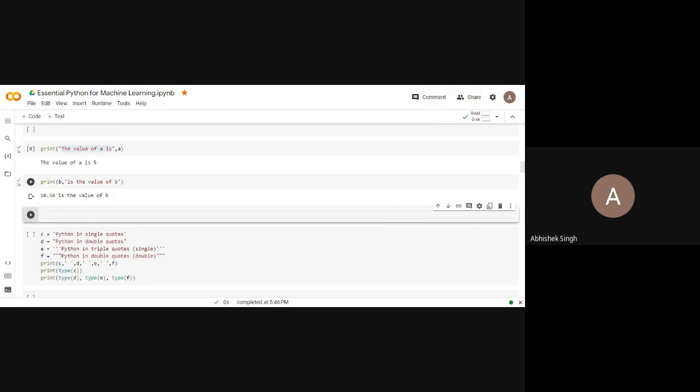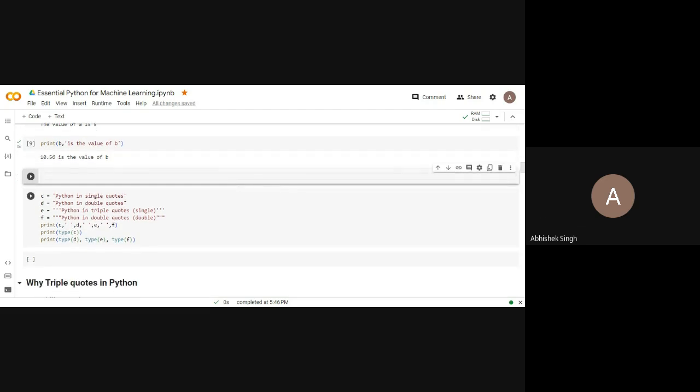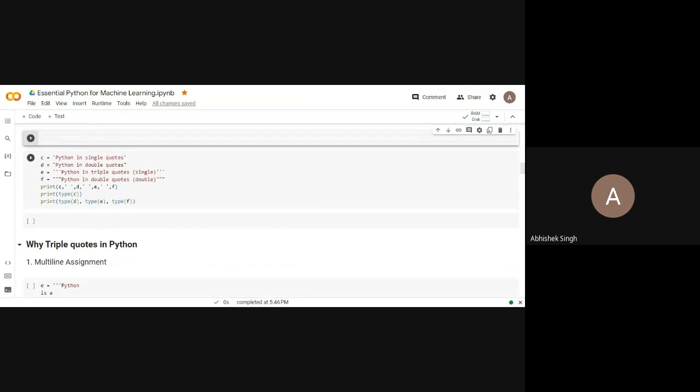So do remember that whatever is written in quotes will be printed as it is. Now here I am writing something in quotes. In Python, we have single quotes, double quotes, and triple quotes, which means single quotes 3 times and double quotes 3 times. Python supports triple quotes, whether you are using single quotes 3 times or double quotes 3 times.